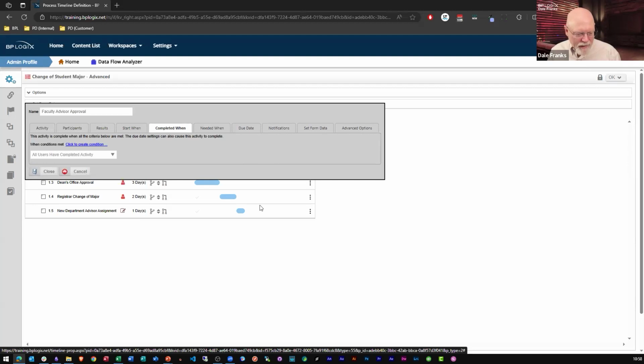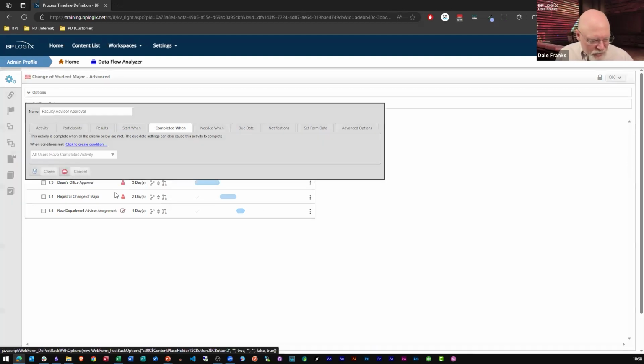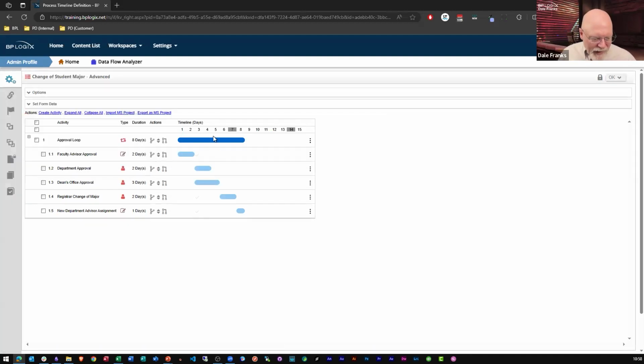That's great. Another great thing about the Gantt chart is it gives me the time bars, right? I know approximately when all of my activities are going to start and end. And that's fine as far as it goes. From our point of view as Process Director developers, that's perfectly acceptable to us.